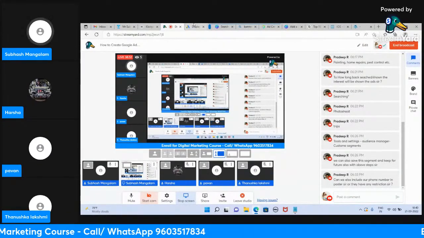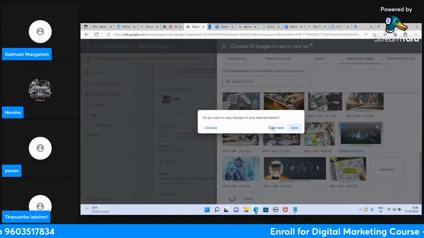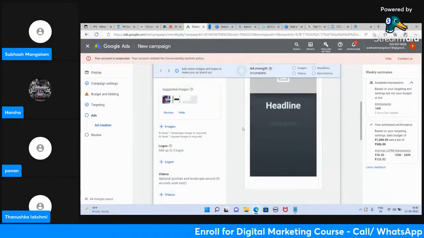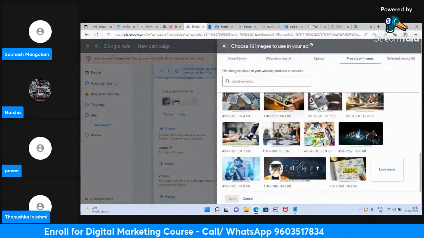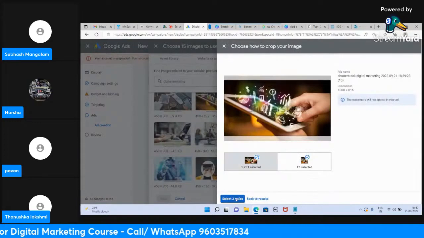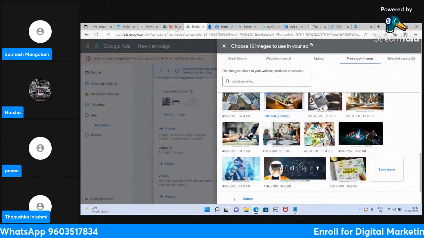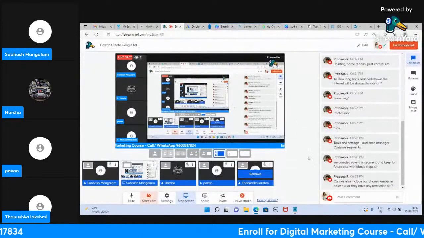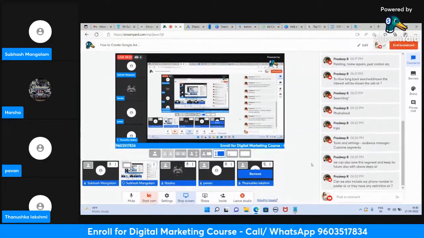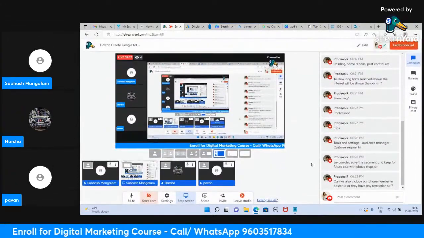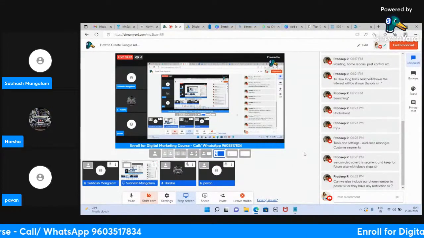Pawan, any questions so far? Awesome. So let me take one image. Choose many. Select two ratios. Save. Harsha, any question you have? No, sir. Lakshmi, any question you have? Right. Lakshmi keeps disappearing and coming. Maybe she has some